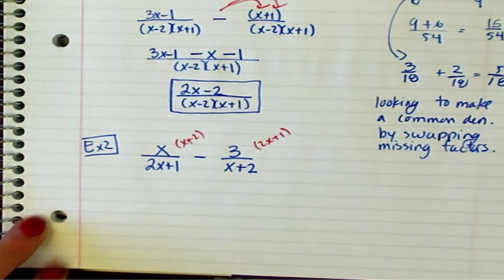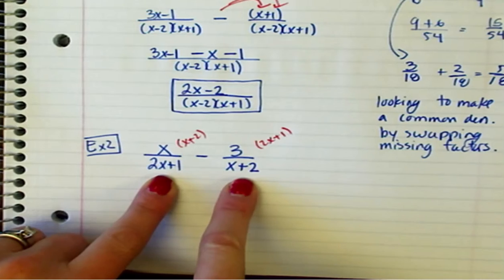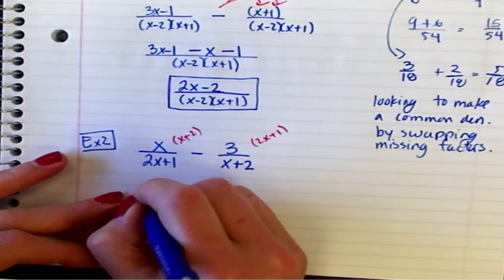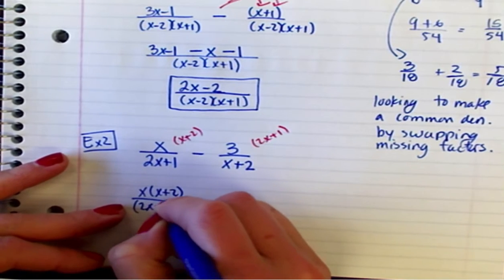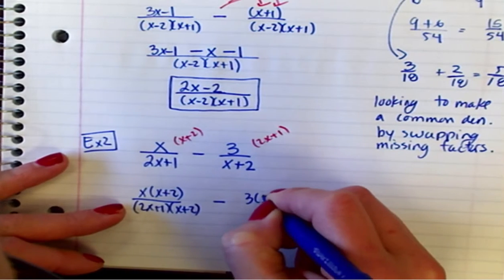This one is what you're expecting. Just swap and multiply, right? But that's because they were different and they didn't share anything. Okay. x plus 2 minus